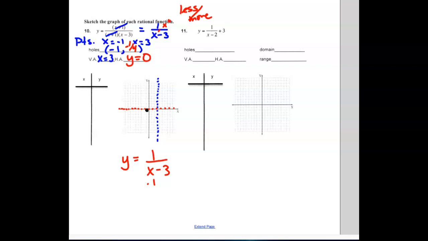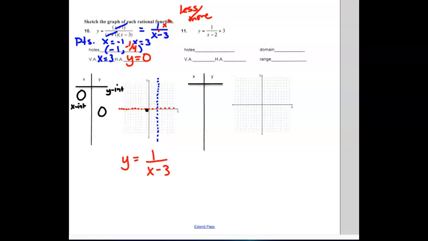All right, now, once we've finished graphing that, we want to find any x and y intercepts. So let's go ahead and put a 0 in for x so we can find our y-intercept, and put a 0 in for y so we can find our x-intercept. All right, looking at our simplified version here,